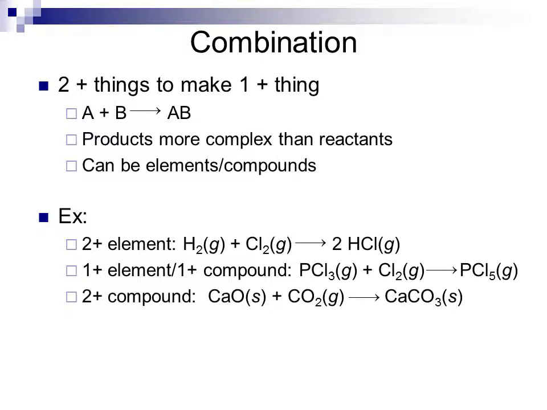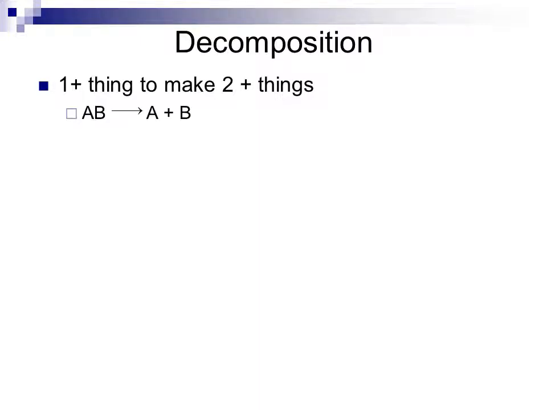Or we can have multiple compounds combined to make a compound, calcium oxide combining with carbon dioxide to make calcium carbonate. In a decomposition reaction, we'll take one thing and split it apart to make multiple things. The generic formula for a decomposition reaction is AB yields A plus B. In a decomposition reaction, the products will wind up being less complex than the reactants are because they're being decomposed,